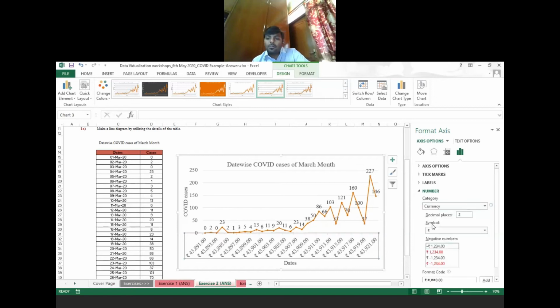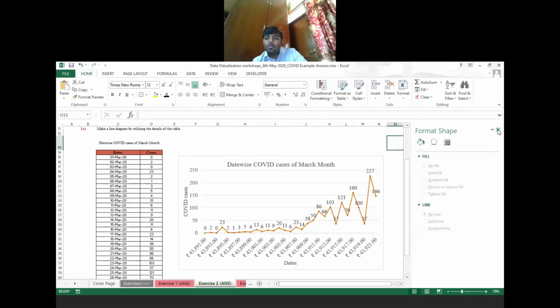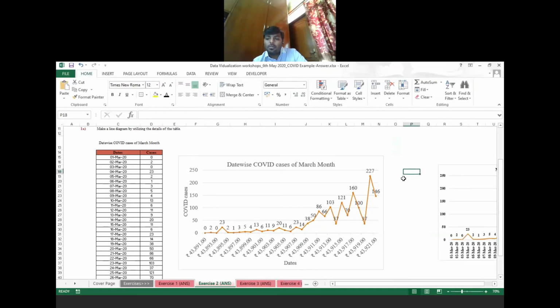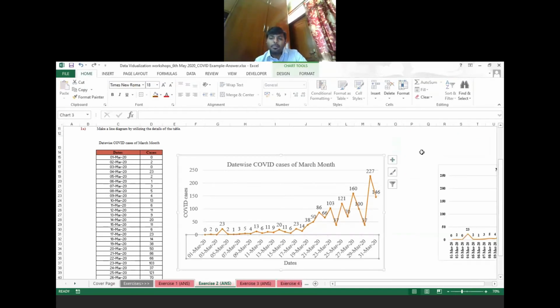See, you can use your currency also. Whatever you want, you can just customize it. But we are having a date here, so just keep it date.